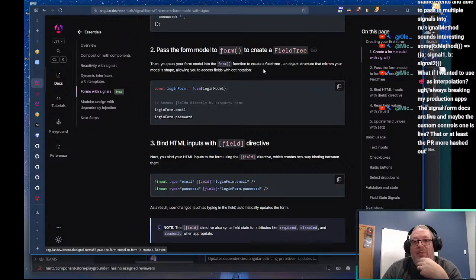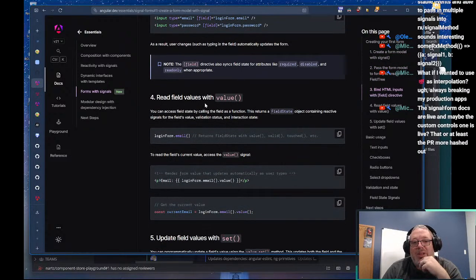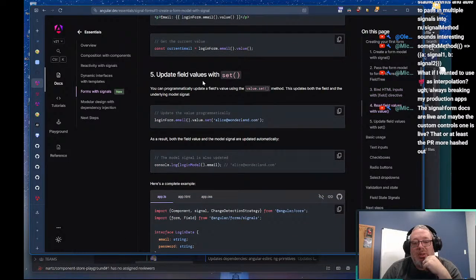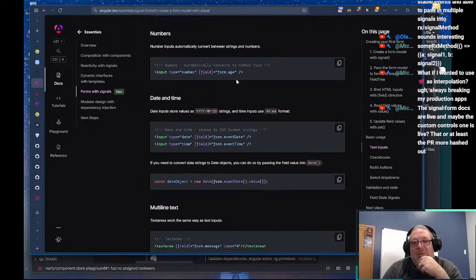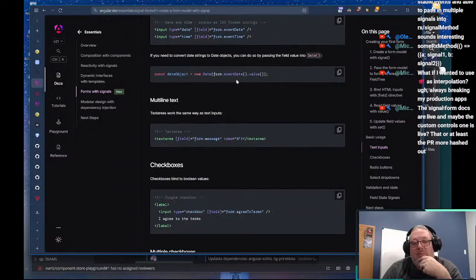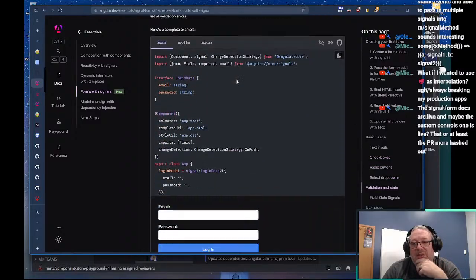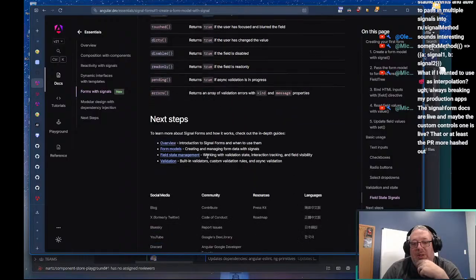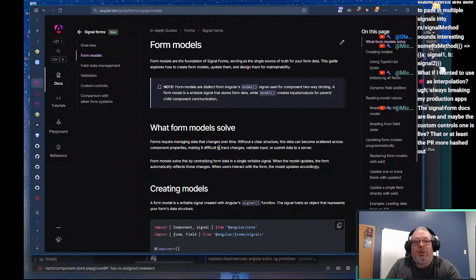There's our form to create a field tree, bind with the field directives, read field values, with set, basic usage, great validation, awesome. Next steps: creating and managing data, form data with signals, field state manipulation, and validation. Let's take a look at form models here.